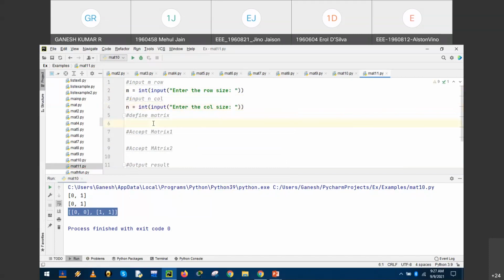Next, define the matrix. So matrix is defined as matrix. We have to define both matrix, right? We require two input. So matrix one is equal to, okay. So the function, right?